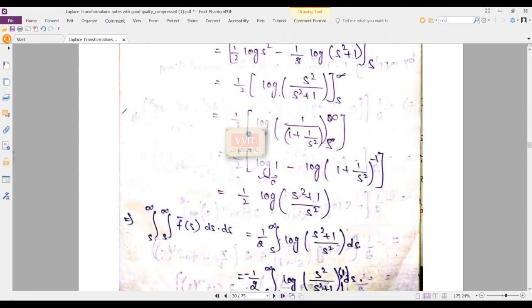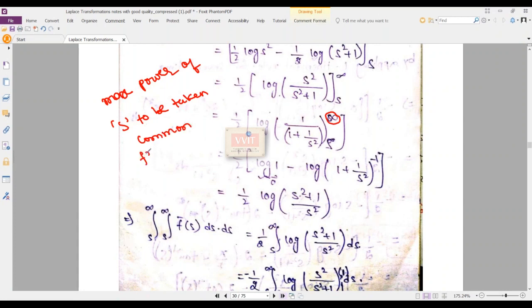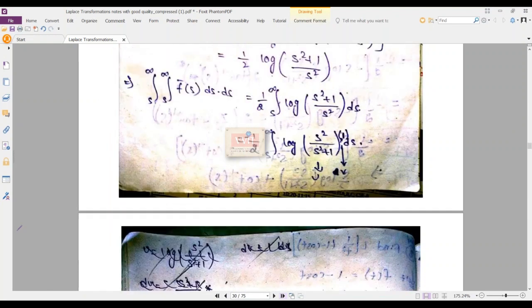Same logic. Whenever, do remember, don't simplify straight away. Simplify in a group because log infinity is not defined. So that's the reason we have to combine and take the maximum power of s common from both numerator and denominator, then apply the upper limits. Otherwise, an infinity by infinity undetermined form will be there, friends.